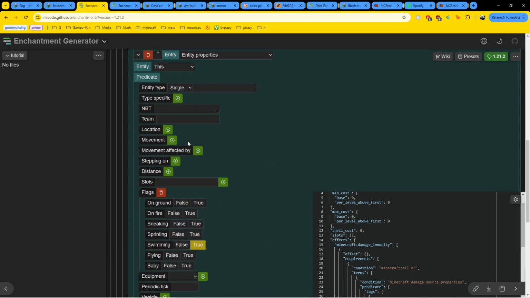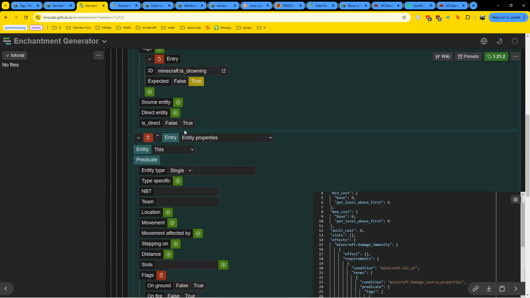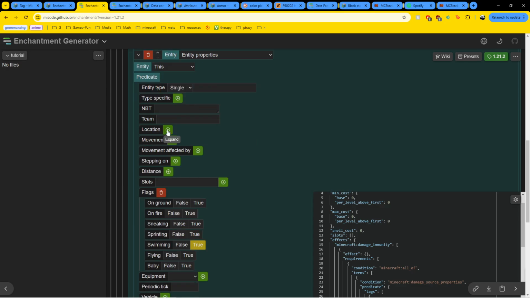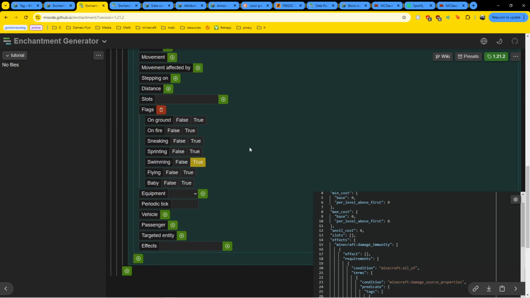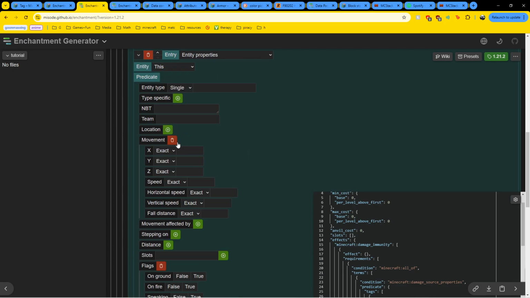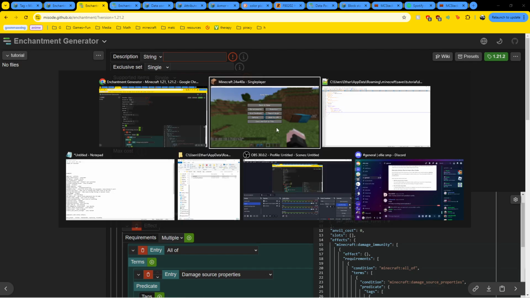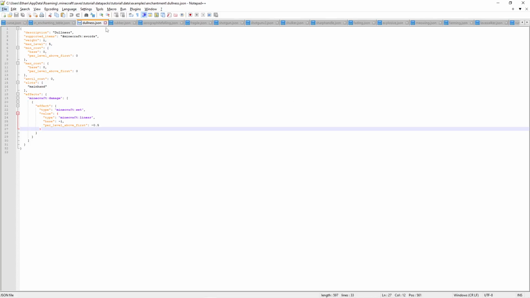And there's a lot of stuff you can do with this. I might make a tutorial on just this as a predicate, because they're pretty useful for many different things, not just enchantments. And there's a lot of stuff you can do with them, so I think I will. But for now, I'm not going to go over them too much. Next we have